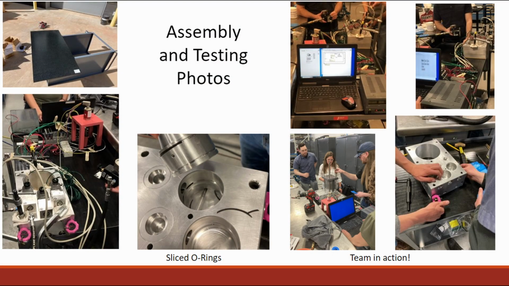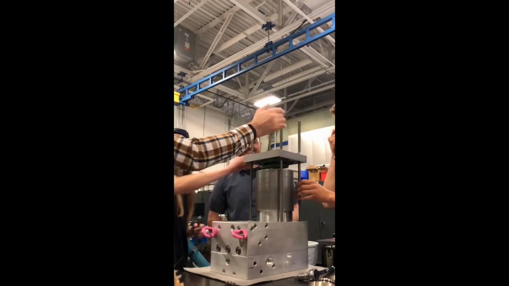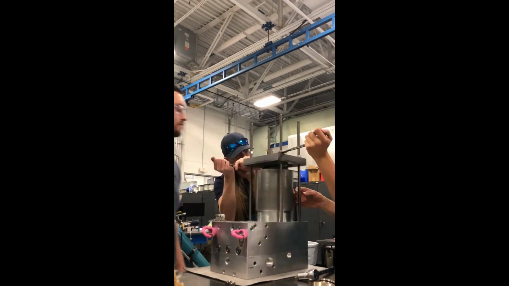In the bottom left, you can see our first subassembly test, including the top half manifold subassembly with the solenoids, wiring, and pressure transducers needed for testing. Once all the parts had been accumulated, we completed our full assembly of the prototype with the final step of compressing our 1,700-pound spring